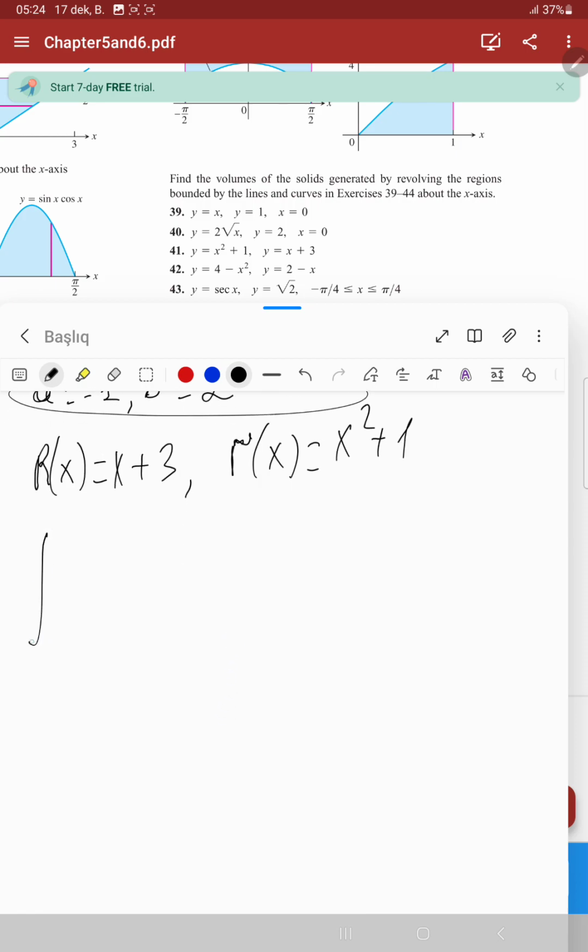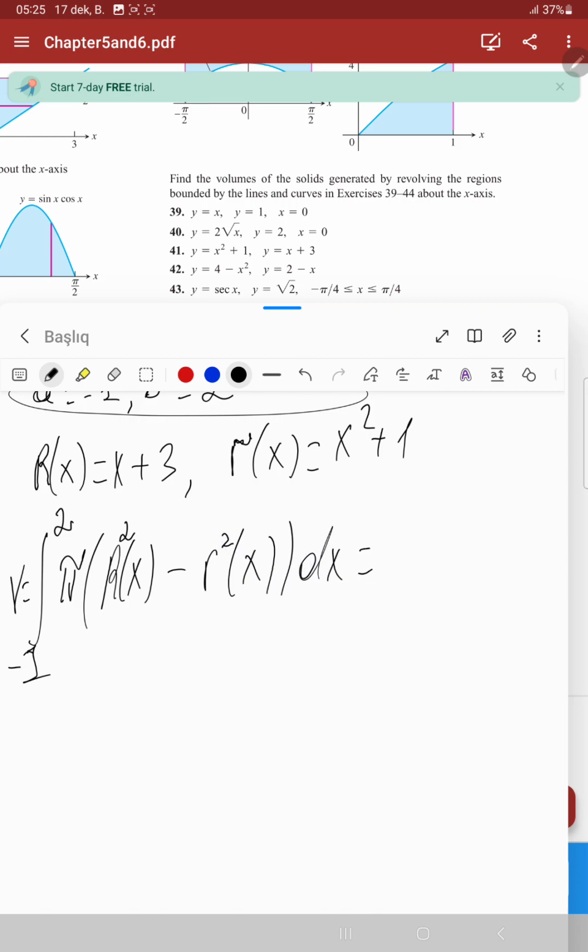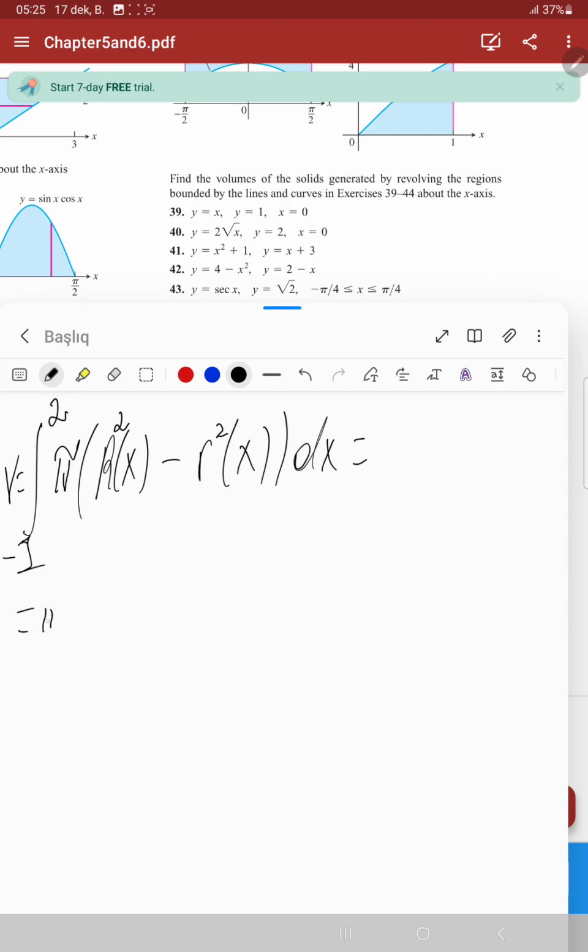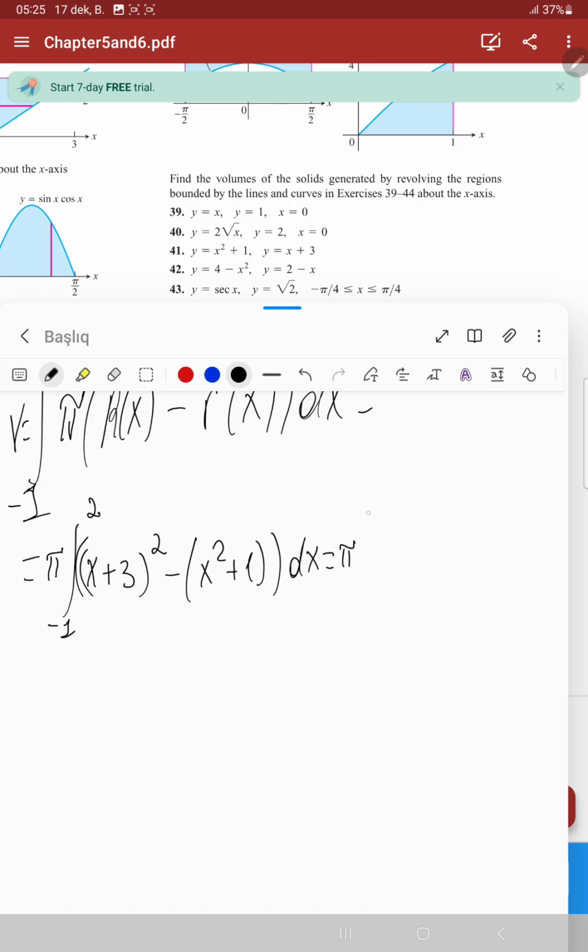Okay, so the formula: from -1 to 2, pi times R squared x minus r squared x dx equals pi, integral from -1 to 2 of (x plus 3) squared minus (x squared plus 1) squared dx, equals pi times